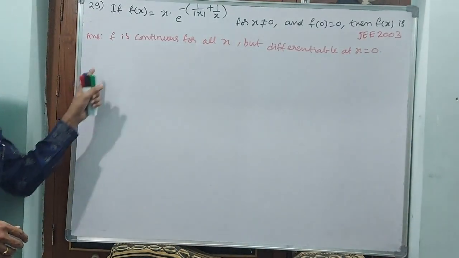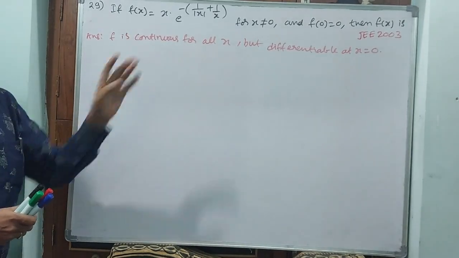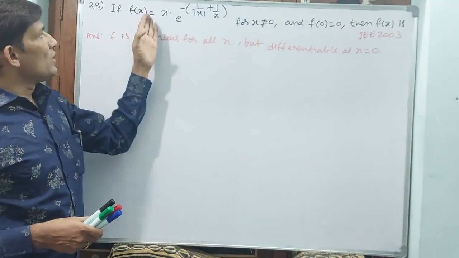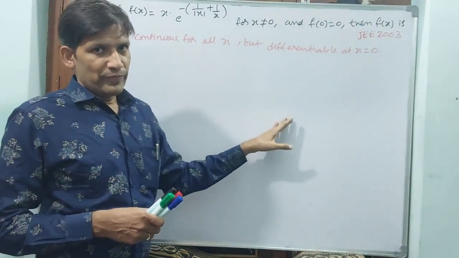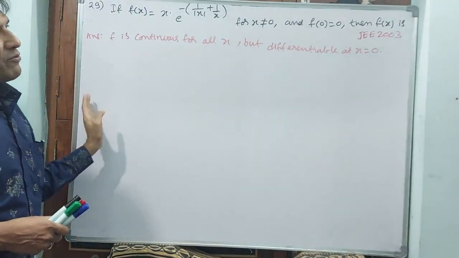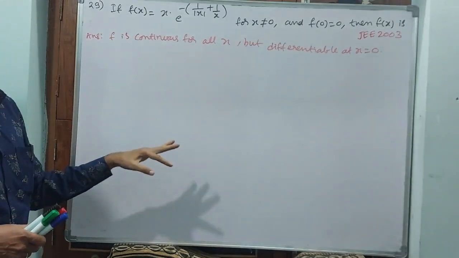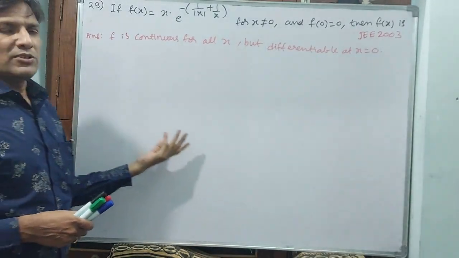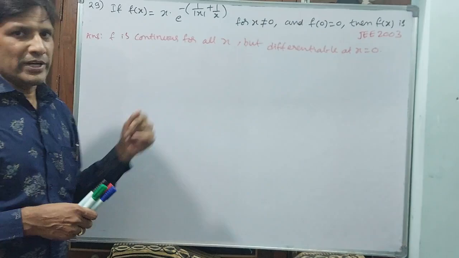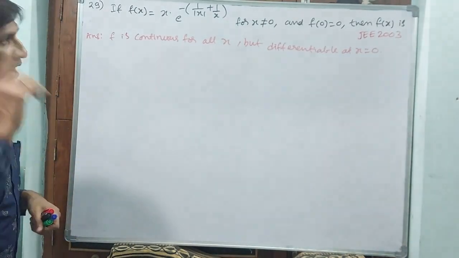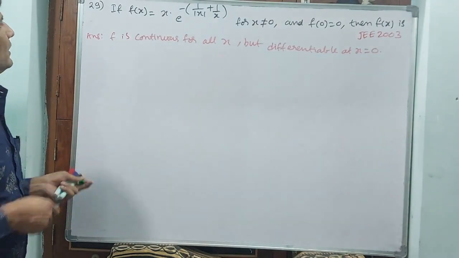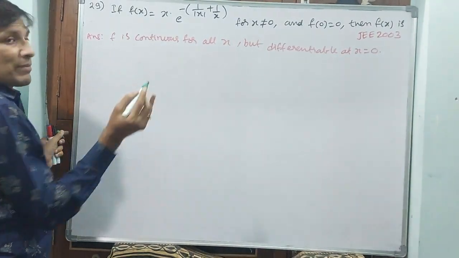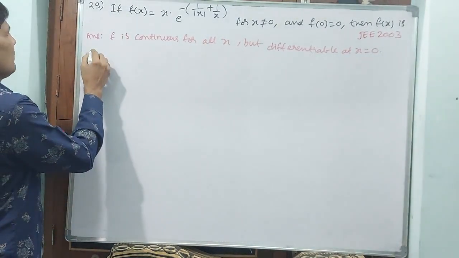See, they have already given a hint in the answers, x equal to 0. Then what do we do? First we will see continuity. Why? Because we have to show that it is continuous. For continuity, we will apply the limit at 0 minus and 0 plus. If the 0 minus limit is equal to the 0 plus limit, then it is continuous. The same value comes. After that we will see differentiation. Let us proceed. Observe carefully, for continuity.